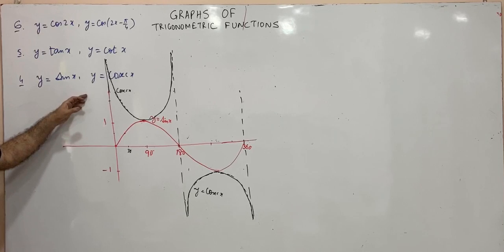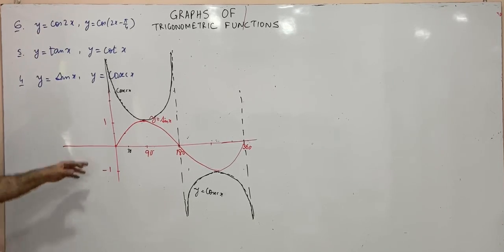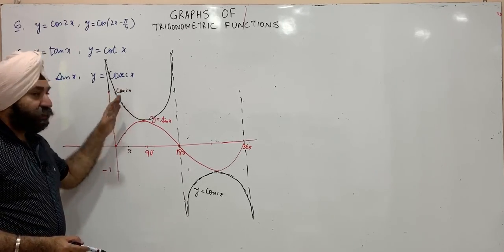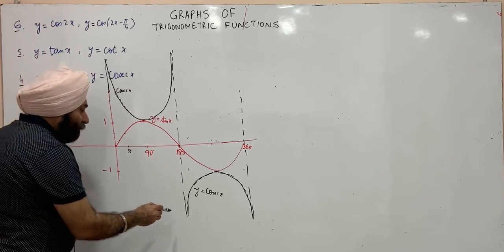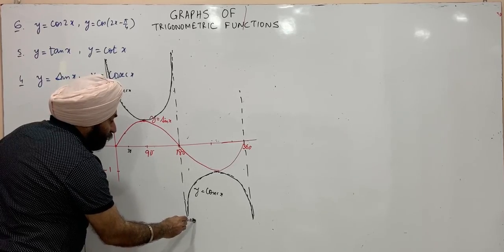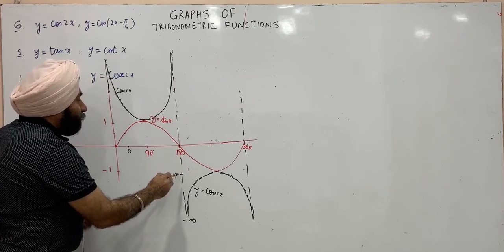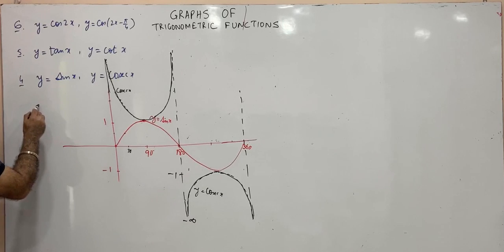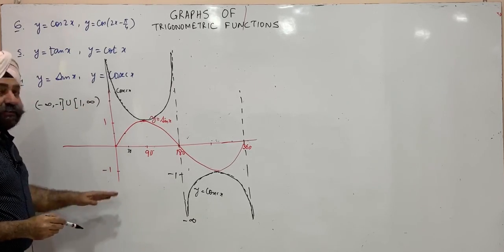So we understood last time that graph is the language of mathematics. So this particular graph of cosecant x, first of all sin x and cosecant x on the same scale. Graph of cosecant x is telling us that its range of values is minus infinity to minus 1, then union 1 to infinity. So the range we can write from the graph: minus infinity to minus 1, union 1 to infinity. This is the range of values.